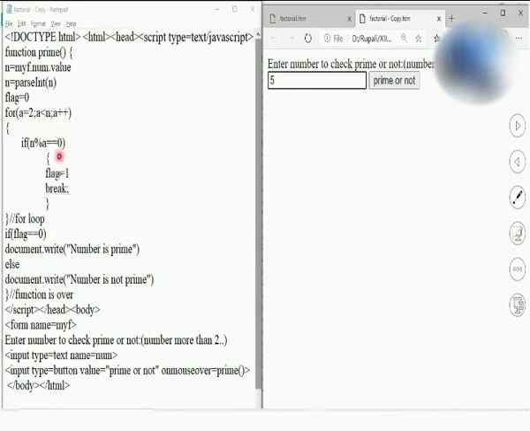Suppose if I enter over here value 10. So 10 divided by, this is a mod operator. So what does the mod operator give? Mod operator gives the remainder. So 10 mod 2, it is getting remainder 0, flag will become 1, and break statement it will find and it will come out over here. So flag is 1 now, means it is not 0. So it will say that number is not prime. So this is a simple program of a prime number. So if I enter the value 5 over here, it will say number is a prime number because it's not divisible by 2, 3, 4.